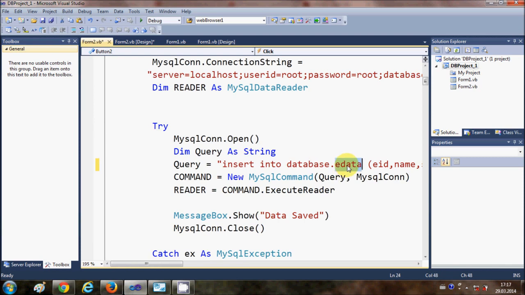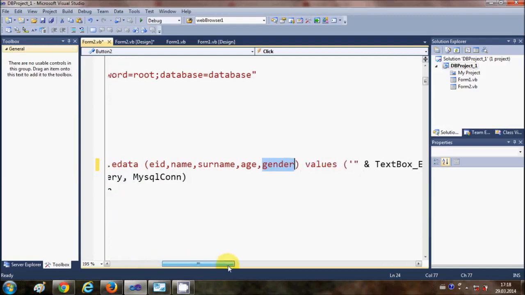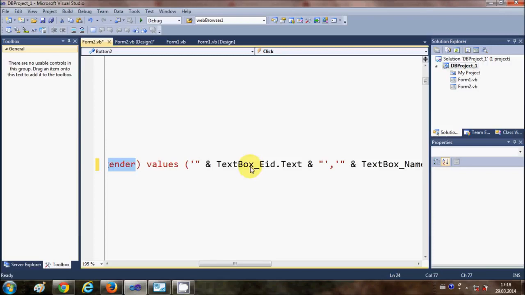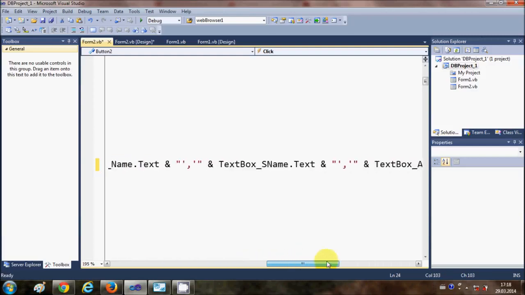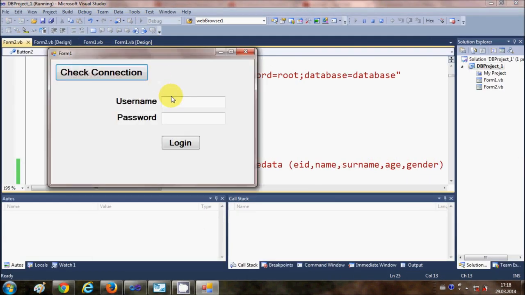insert into database.edata, which is my table name, and in the bracket just write the column names for employee ID, name, surname, age, and the new column we have added, gender. And outside this bracket just write value, and in the bracket just give the text which you are getting from the text boxes for employee ID, name, surname and age, and we have added one more field called gender here, right? And now when you run the program,